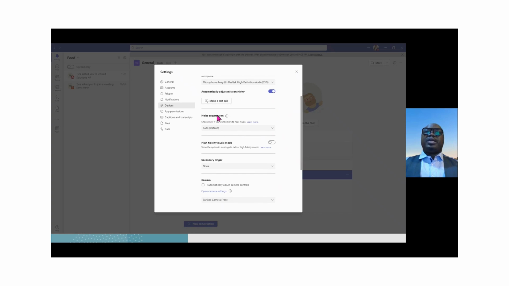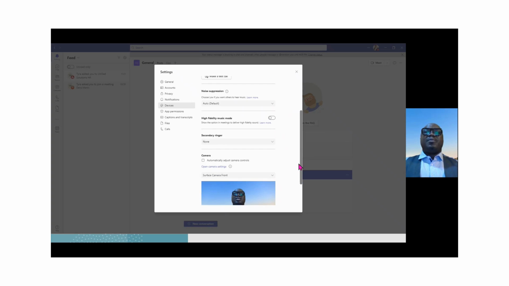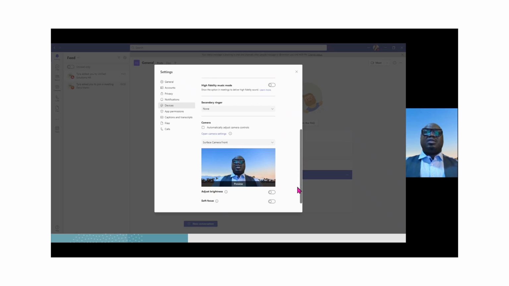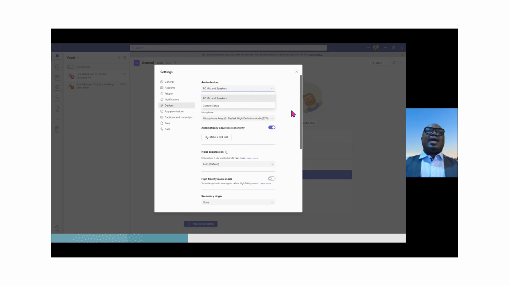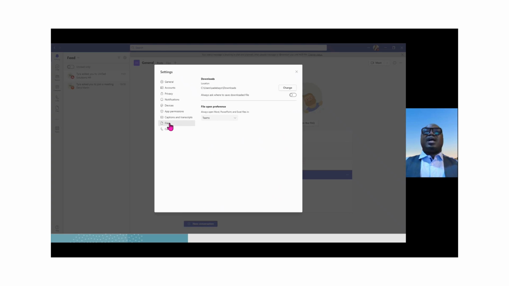You have the noise suppression here. That is very, very important. I set it to be default. Some people will set it to high. So you can set up all of that. You can change your camera setting as well if you want. And that is that. So also if you have your files here, you can change the way you download your file here if you want. But that is all about setting.